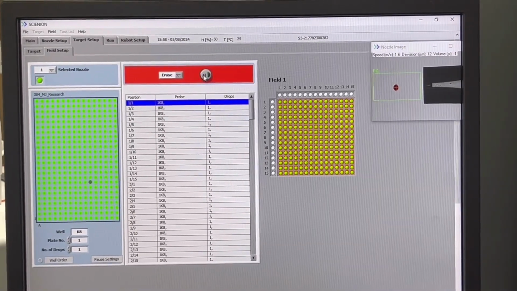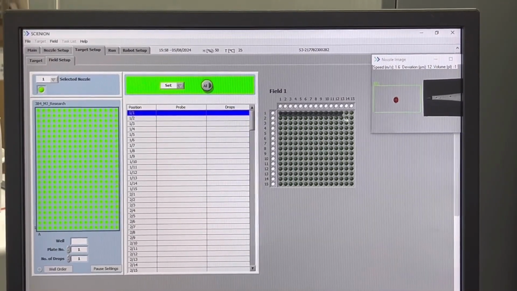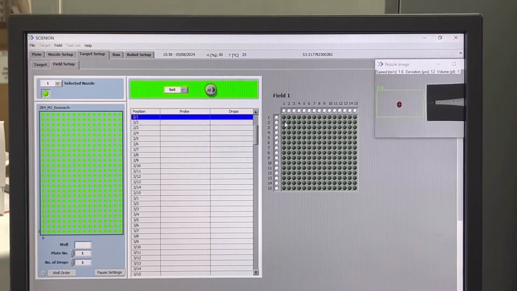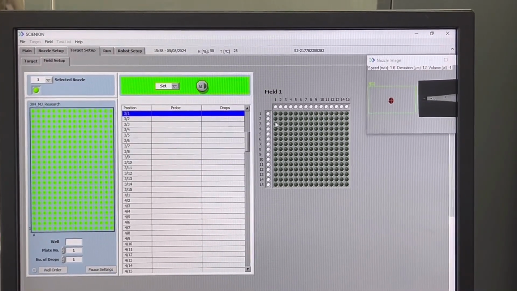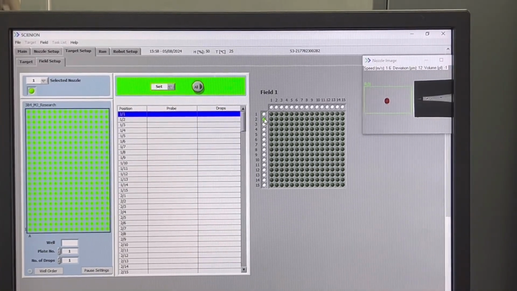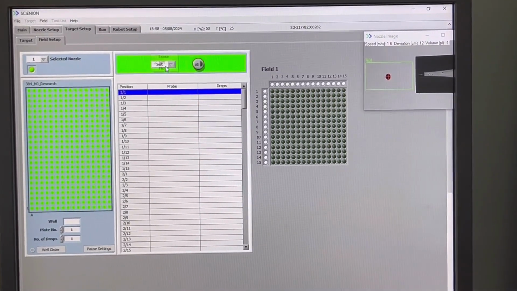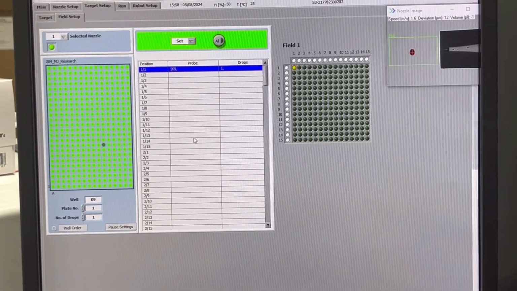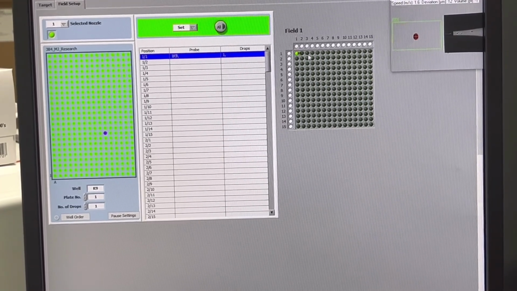Or if we don't want to use it for all spots, we can just, yeah, we have to check this one first, and we can modify by